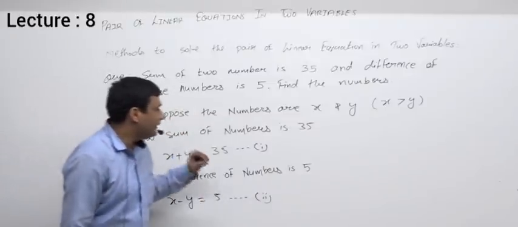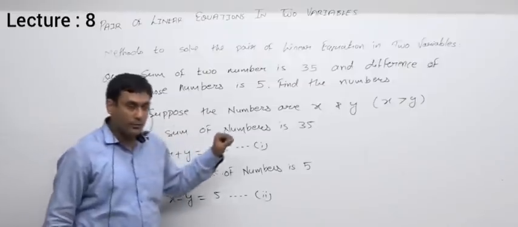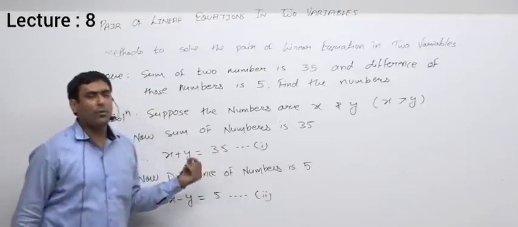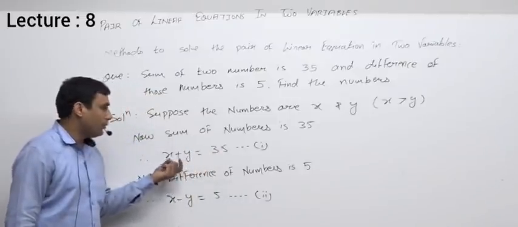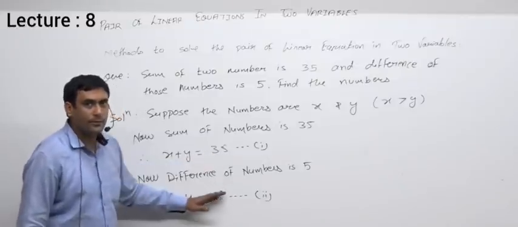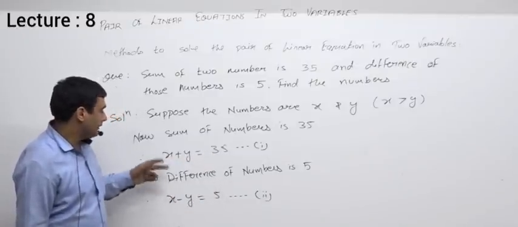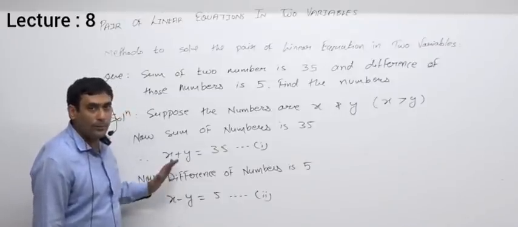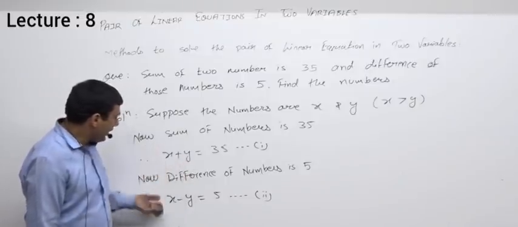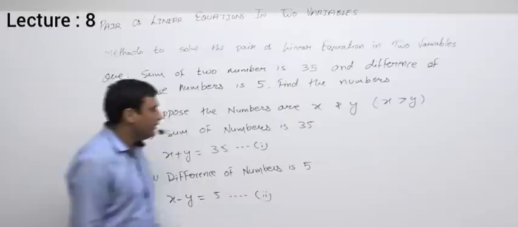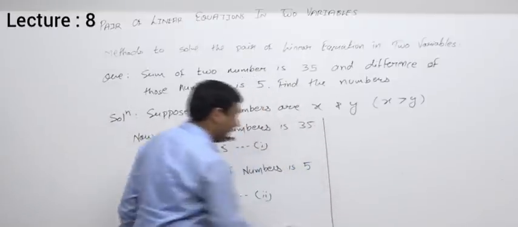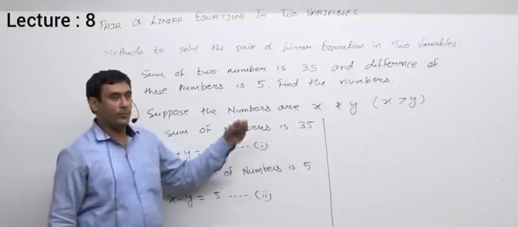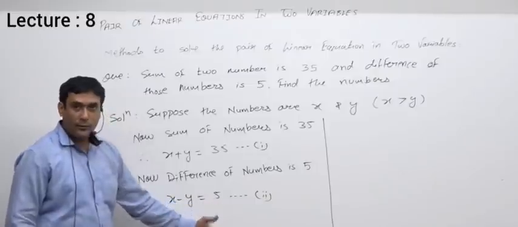Now if you remember the very first question that I took in this lecture, for the substitution method, that was almost similar to this. Over there it was given x plus y something and x minus y something. We got the equations, and that is the only problem with the word problem. Now as we have the equations, we can find the values of the variables with the same method. I have to get the value of one variable from one equation, then put that value in the second equation to get the other variable.